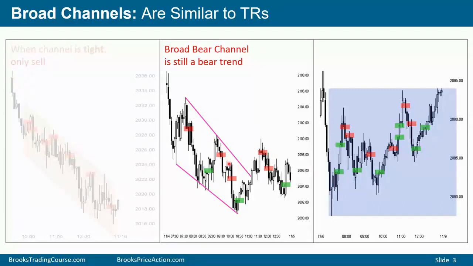A broad bear channel, it's still a bear trend, and therefore traders find it easier to make money selling rallies. Risk reward tends to be better, and the probability is higher. The probability is higher that you're going to make new lows, and the risk of buying here with a stop down here versus selling here with a stop up here is about the same, but the probability is greater for the bears, and the reward is greater as well because we're probably going below that low.